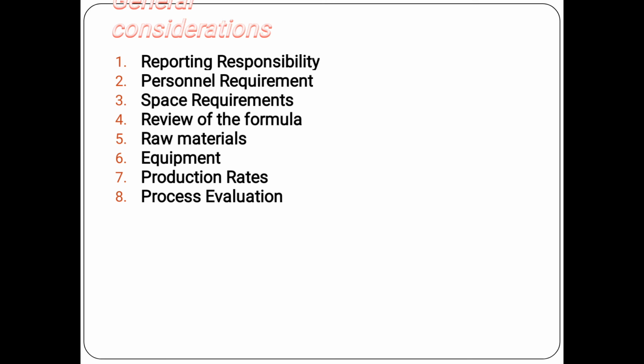Process evaluation means there are various parameters. One thing, you have to carry out the mixing. For that purpose you require the mixing speed, mixing time, and the RPM, rotations per minute, that you have to maintain. Then addition of the components. Likewise you have to evaluate each and every process. A simple thing: if you do not evaluate the process properly, if you are stirring continuously, there will be frothing and air entrapment. If you provide less stirring, it will not mix properly. So that is one example that I have given.